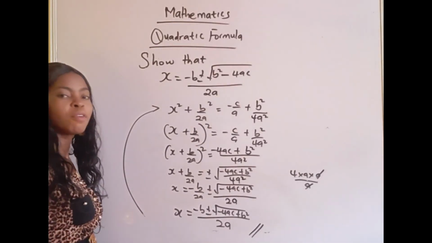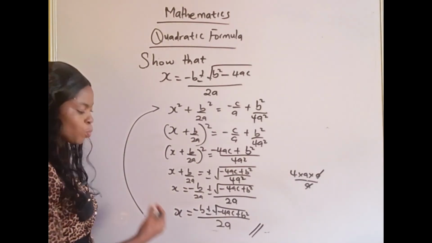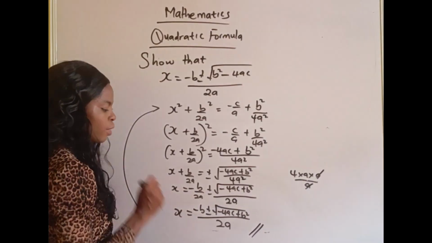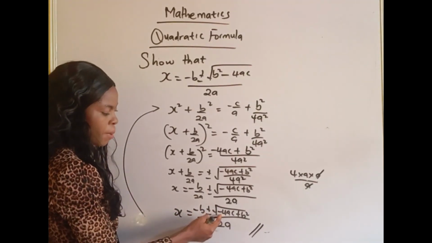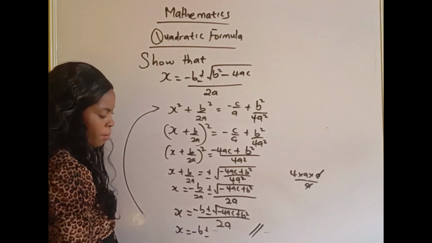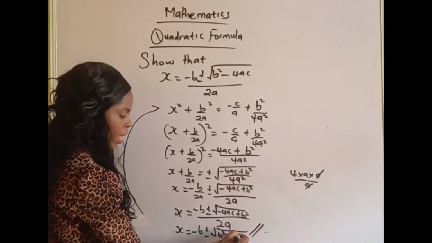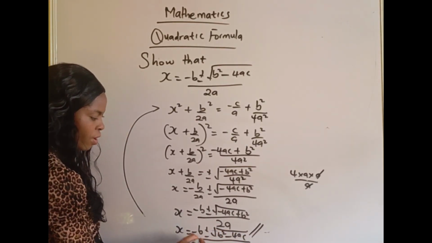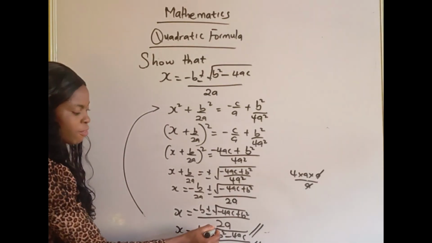So from the general formula, through completing the square, we are able to prove that x is equal to minus b plus or minus root. Let's rewrite this. So x is equal to minus b plus or minus, we want to rewrite b square minus 4ac all over 2a. This is how the quadratic formula